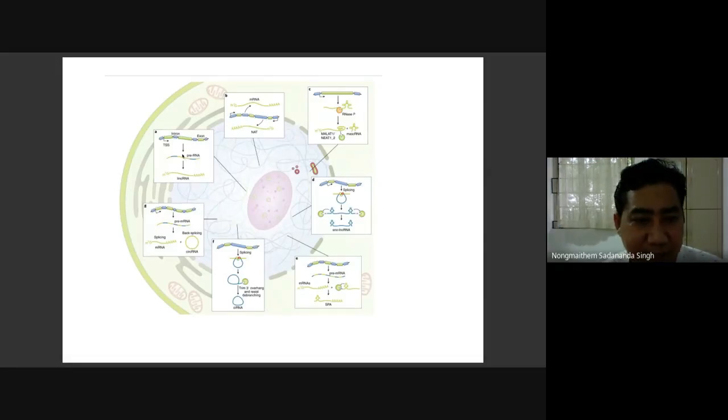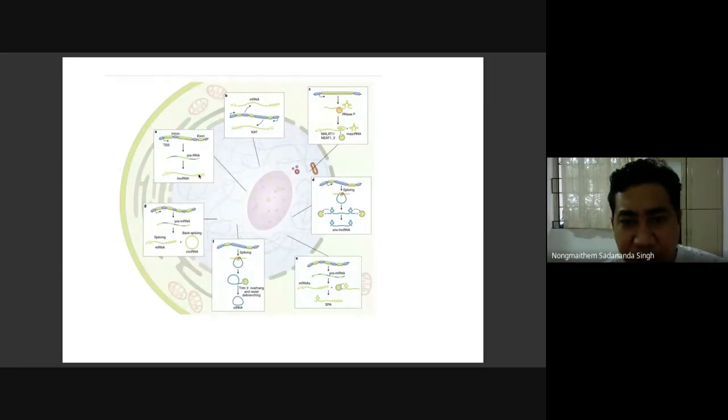As we discussed just now, there are many long non-coding RNAs in the intergenic region, that is, long or large intergenic non-coding RNA, linc RNA. These are transcribed from the intergenic regions between two protein coding regions, and mostly they are transcribed by polymerase II, which transcribes the mRNA as well. So most of the time you get the 5' capping, that is the M7G capping, as well as polyadenylation.